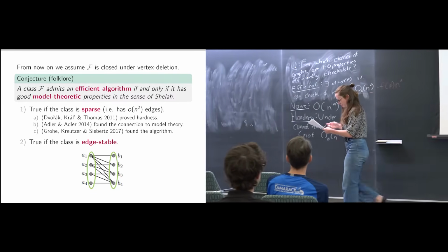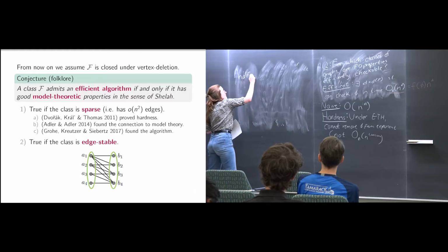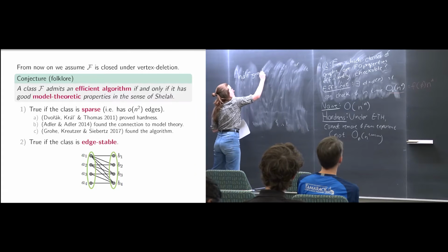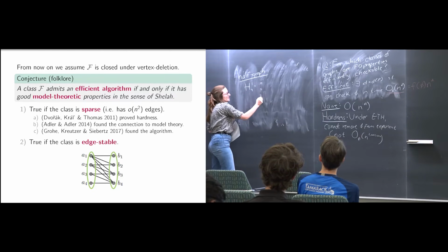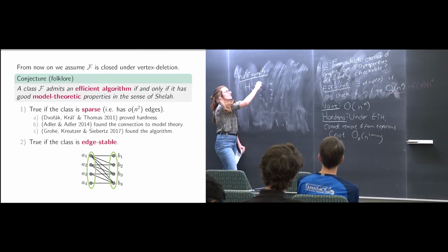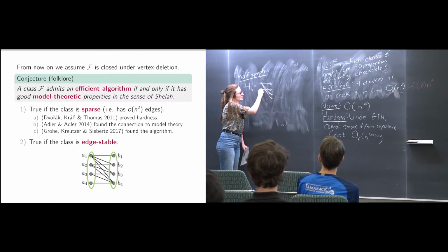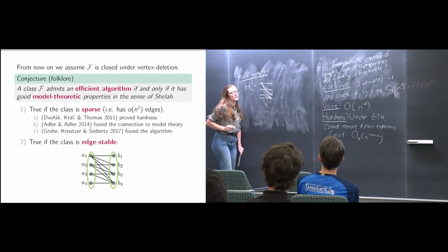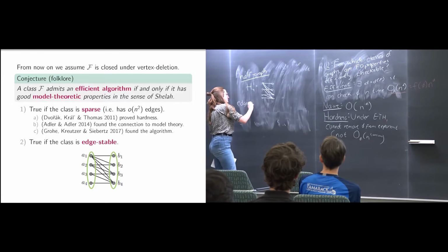Right, so the half graph, I'll draw a picture of H4, is going to have 4 vertices on either side. And each vertex is adjacent to its partner on the other side and everything below it. So this is called a half graph, and a class is edge stable